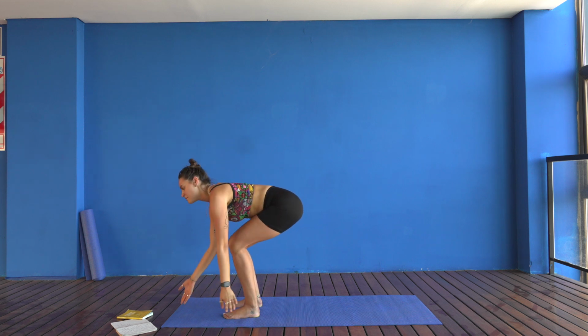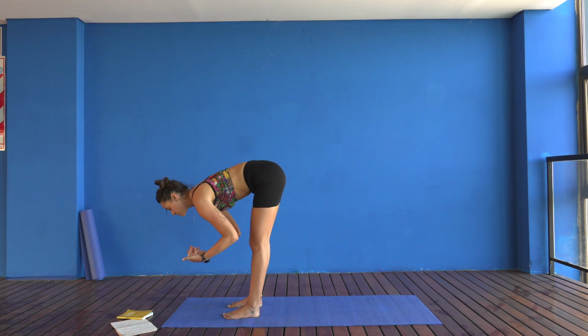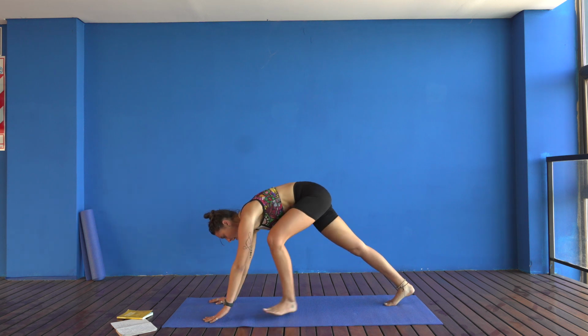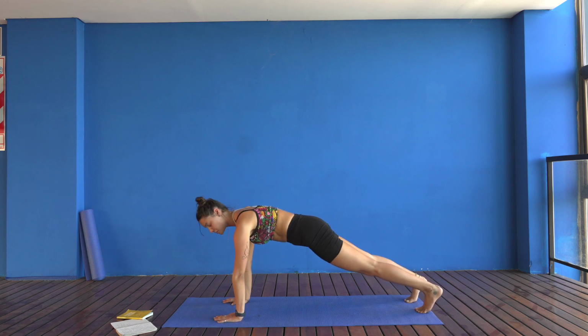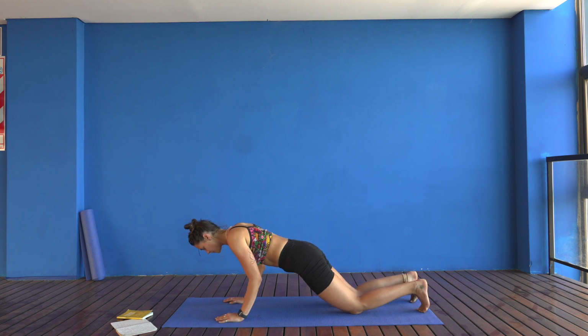When you're ready, come back into your chair pose, lift the chest. Exhale, forwards fold. Okay, let's step the right foot back, left foot back into your high plank. Again, engaging through the core. Imagine your body is one long line. Option to drop the knees here, or drop the chest all the way down to the ground,